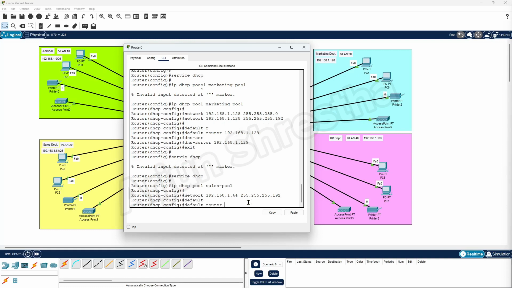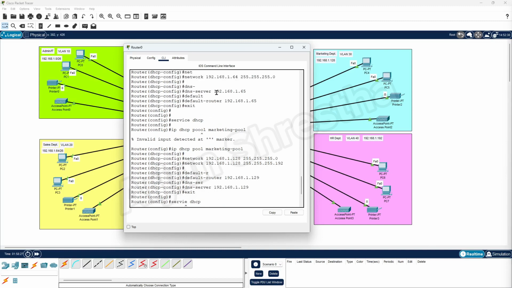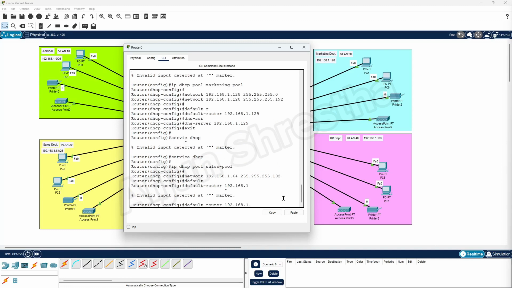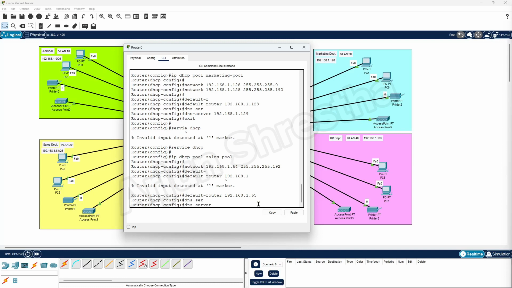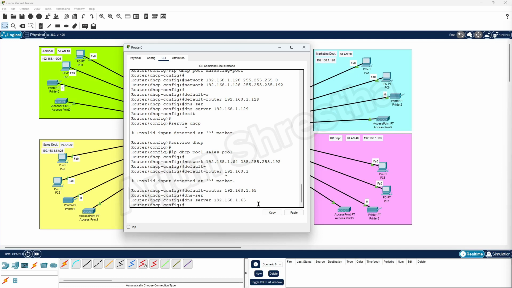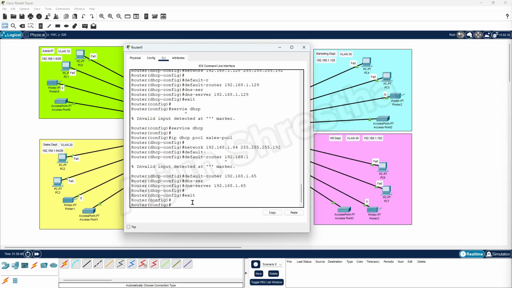default router 192.168.1, what is our default router here? What do we keep here? Same, right? 65. Okay, 65, and DNS server 192.168.1.65. Done. Okay, exit. Now last one, this one we have to do